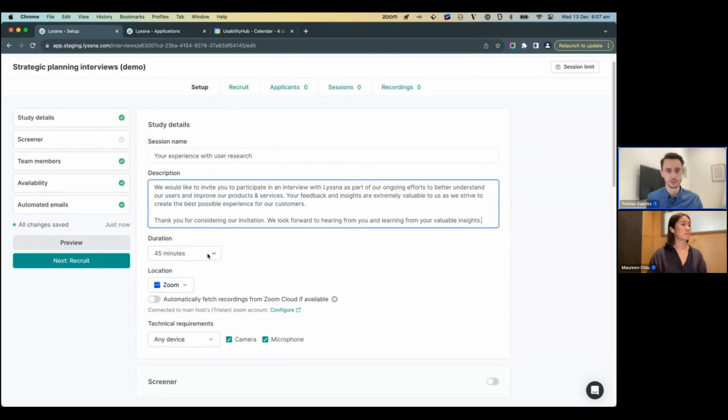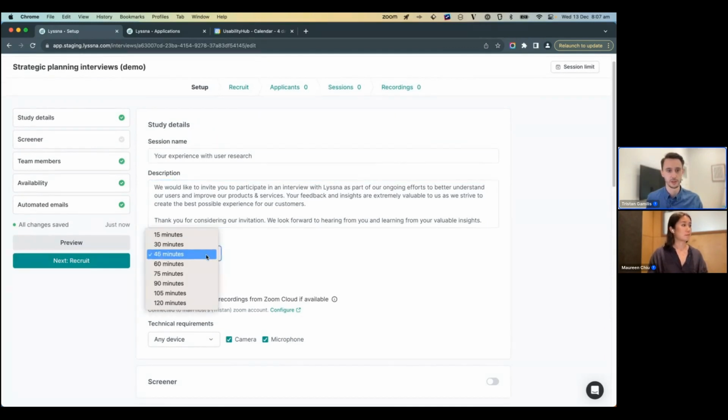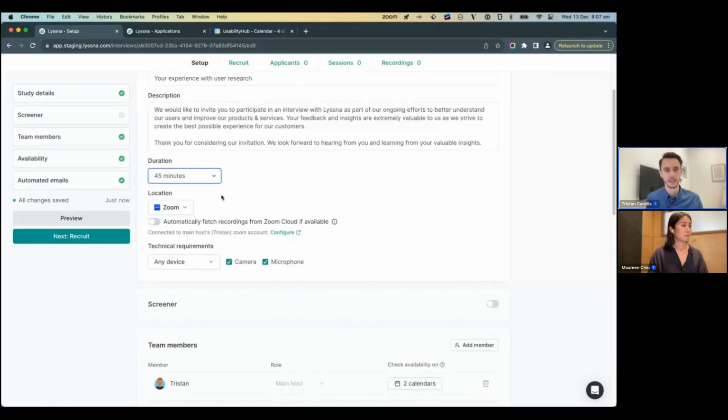You can set the session duration to whatever you'd like. We're going to go with the default 45. And you'll then set up the location. We're using the Zoom integration, and that will generate a unique Zoom meeting room for every session that gets booked